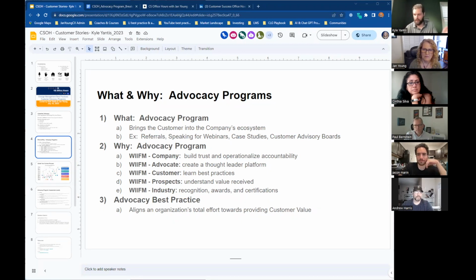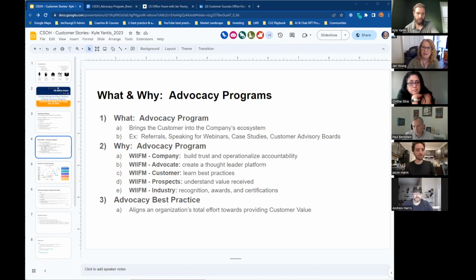It's important when considering these ecosystems that are either formal or informal, everybody comes to the table asking the question, what's in it for me? And you all have to consider each other's perspective in order for that relationship to be successful, leading with others in mind before themselves. And also, when you think about all the different ways that your customers can participate in an advocacy program, that is also part of the WIFM.